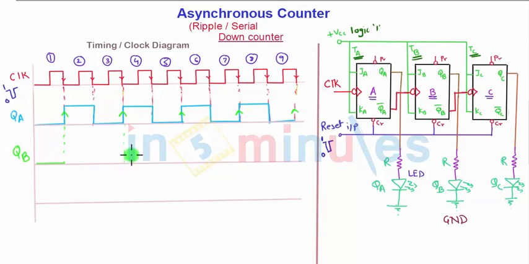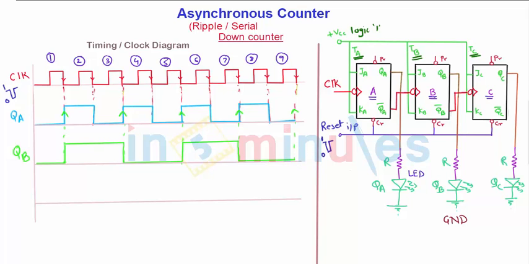So these are the rising edges. At this position the output will be changed. So first QB will be 0, then it will move to 1. It will toggle till the next positive edge or rising edge of QA. Again it will go to 0 till the next rising edge. Again it will toggle to 1, and the process will continue so on.